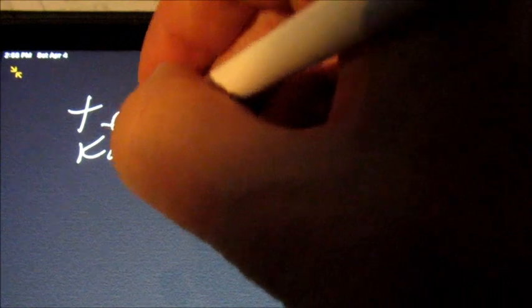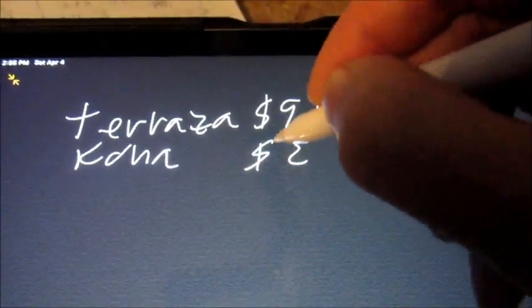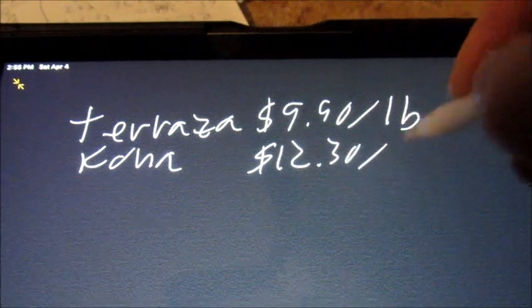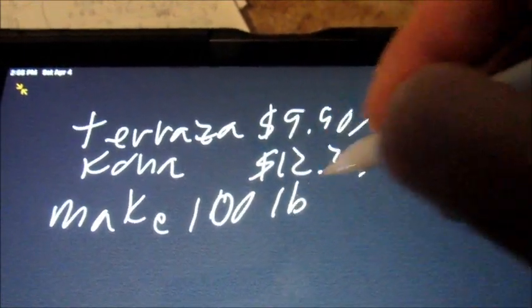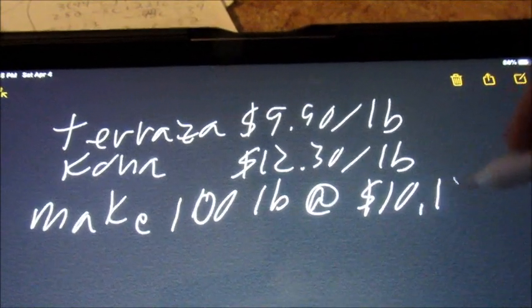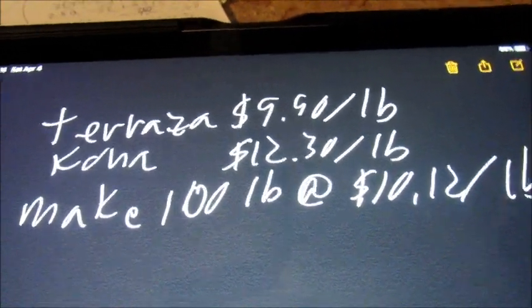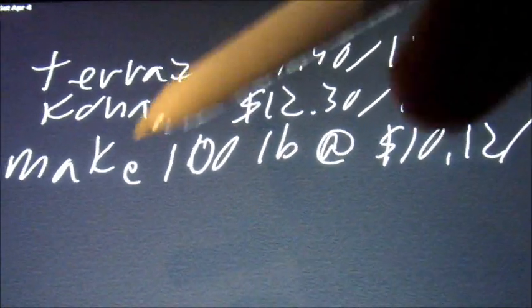Kona costs $12.30 per pound. And what you want to do is make 100 pounds that will cost $10.12 per pound. So what we're going to do here, we know that we're going to have a total of